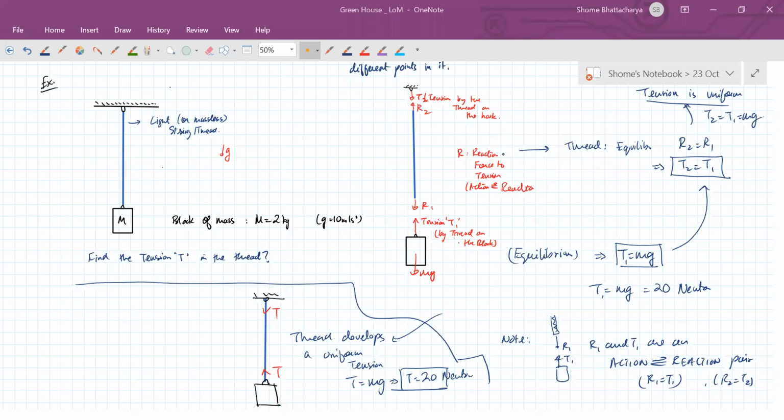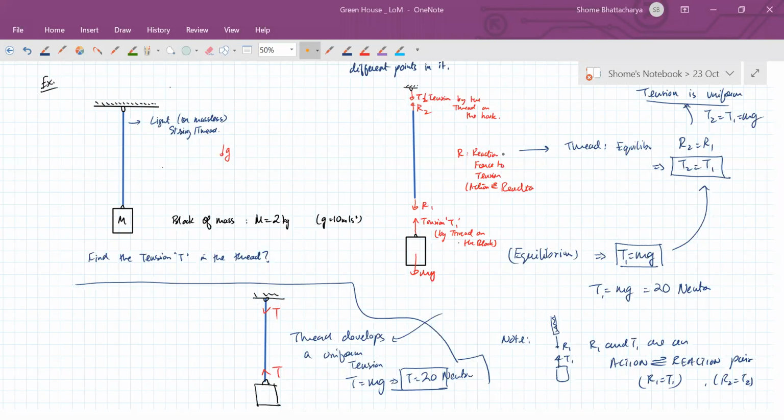See, Tej, what is happening? Any kind of thread or rope, if it is in a stretched kind of state, by definition, it will have a force along its length called tension. Here we can see that because we suspended the block using the rope or the thread, it has to be in a stretched state. So it has to have tension. So there's no question about it. Does it have tension or not? The question is, is the rope in a stretched state or is it in a loose state? The answer is no. It's in a stretched state. So it has to have tension.